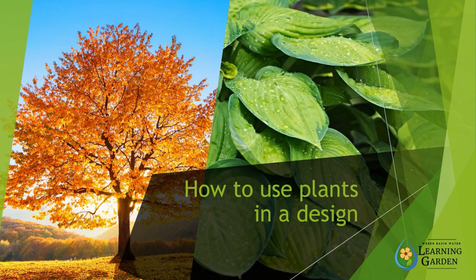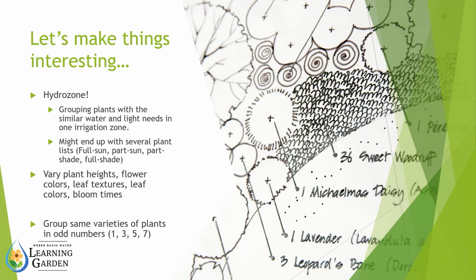Plants are such a major element of a landscape. Let's talk about how to use plants in a design. They're the showstoppers for any design in any landscape, but let's make sure that we're using them properly. We need to consider a few things when we are making decisions on plants. For example, what is the light requirement for that plant? What is the water requirement for the plants that you want to use in your landscape? We want to group plants by those types of